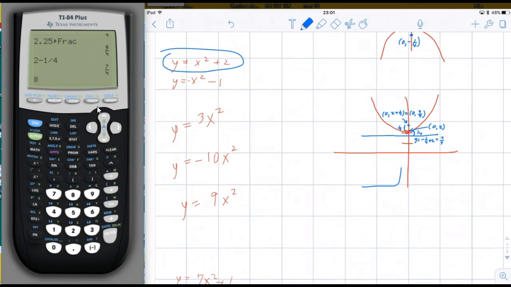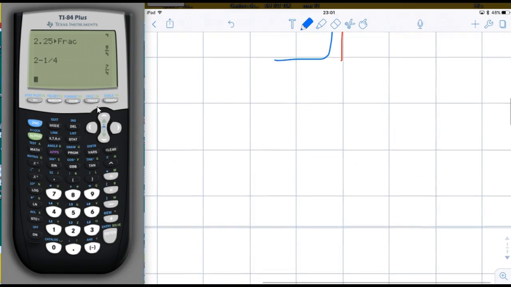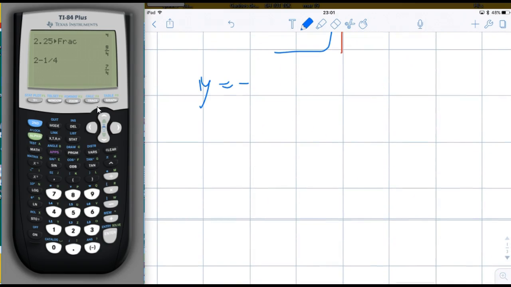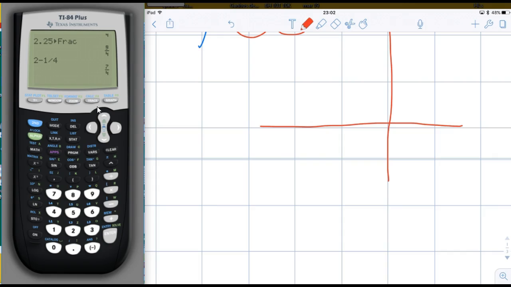Let's try this one here. Y equals negative x squared minus 1. So on this one, we've got an upside down parent function again, and it's lowered by 1. It goes down by 1. So instead of crossing at 0, 0, it crosses at 0, negative 1, right? And if I was to draw the directrix and the focus, it would be here and